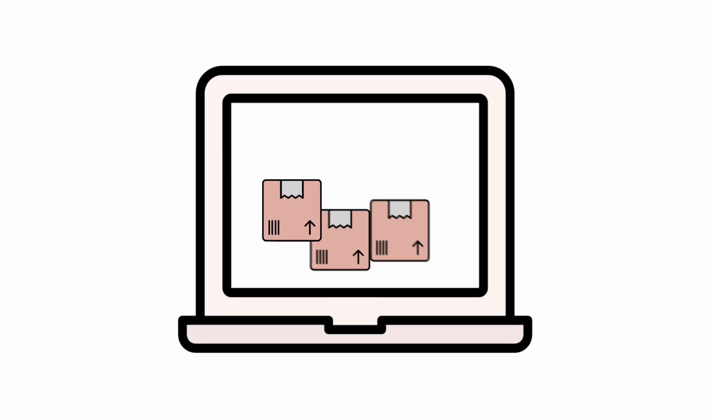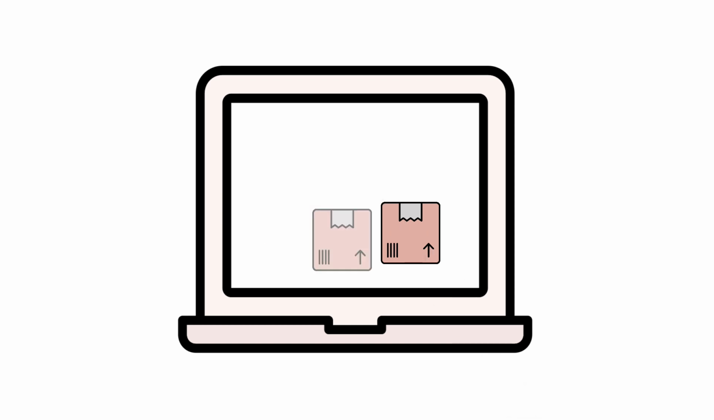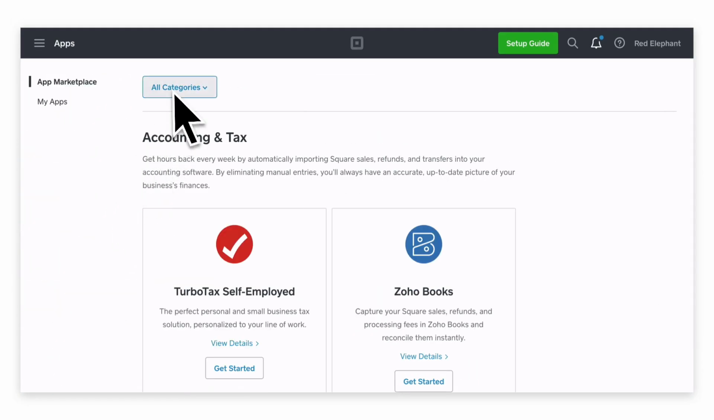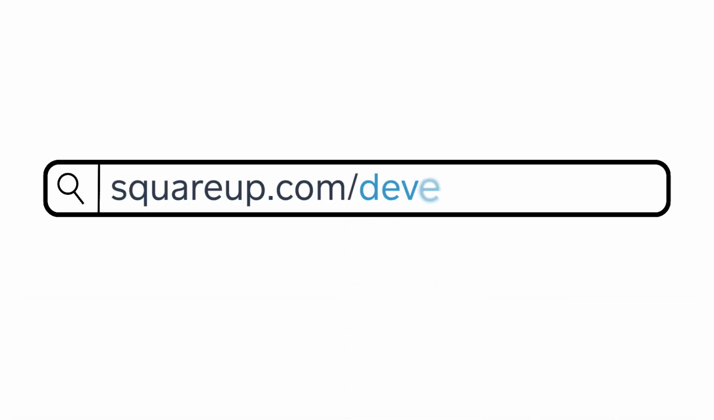You can track and manage online orders for multiple fulfillment types from your online Square dashboard or the Square app. You can accept orders with your Square online store, integrate with an e-commerce partner, or by creating a custom-built API for your website by heading to